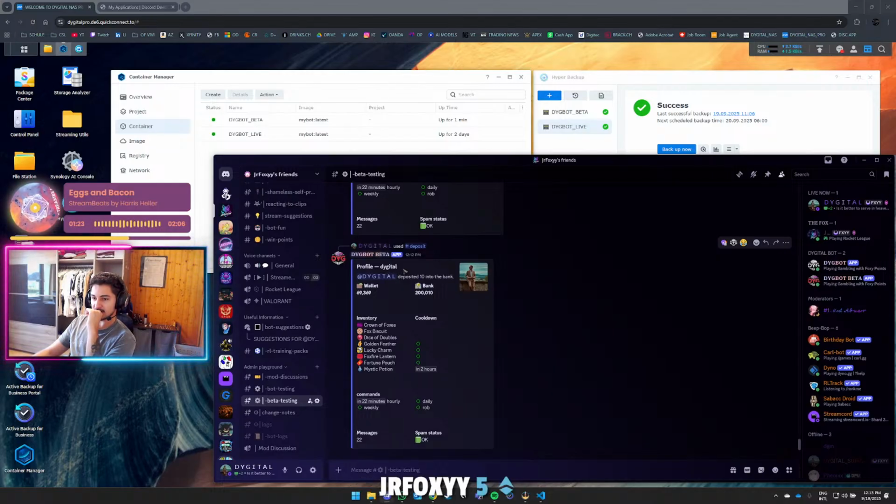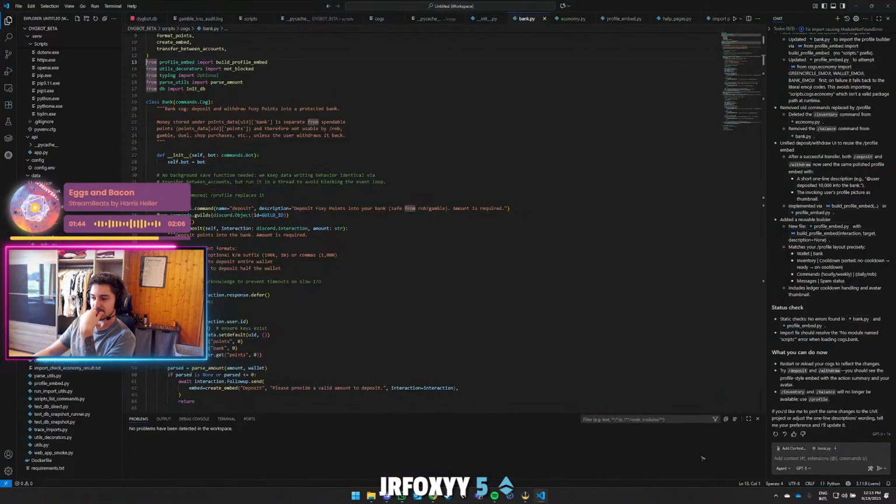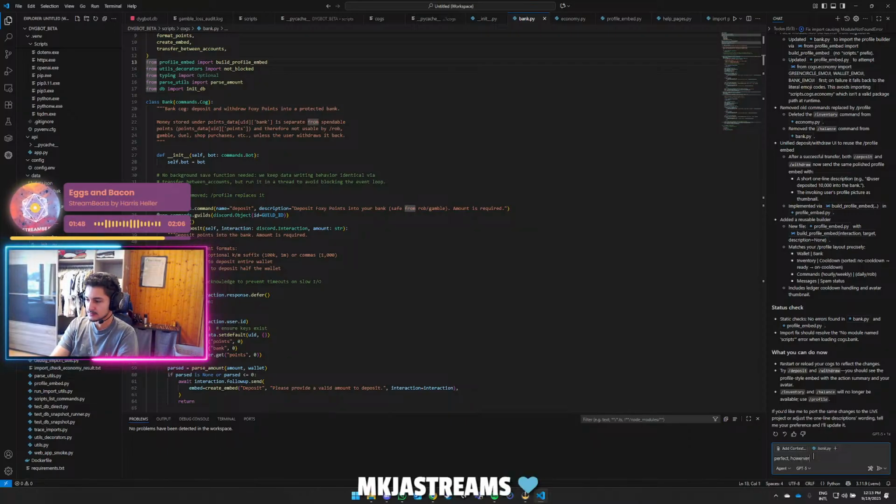So do I just rename the embed? No, that doesn't make sense. Profile digital is fine. Deposited 10. Maybe should I move this line to underneath the wallet here? Perfect. However, it seems the